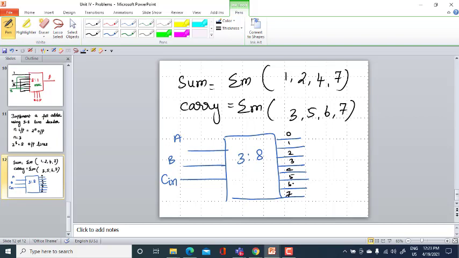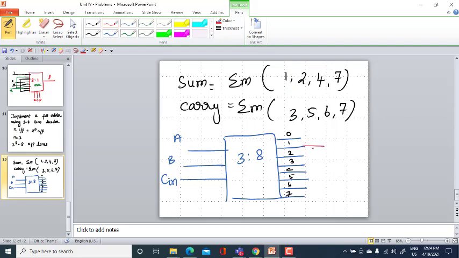These are the minterm outputs. So I need to implement sum and carry using these. 1, 2, 4, 7 will be sum, meaning if any of these minterms is 1, my sum has to be 1.